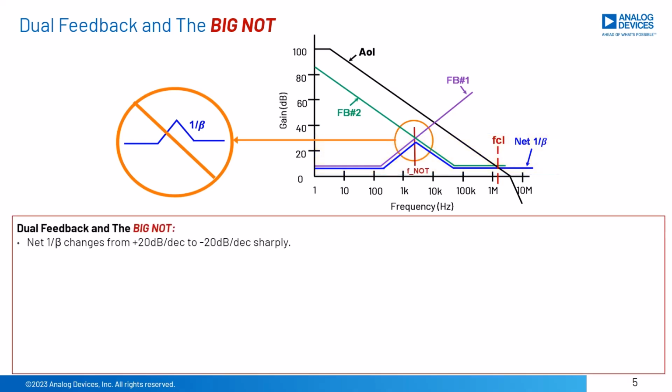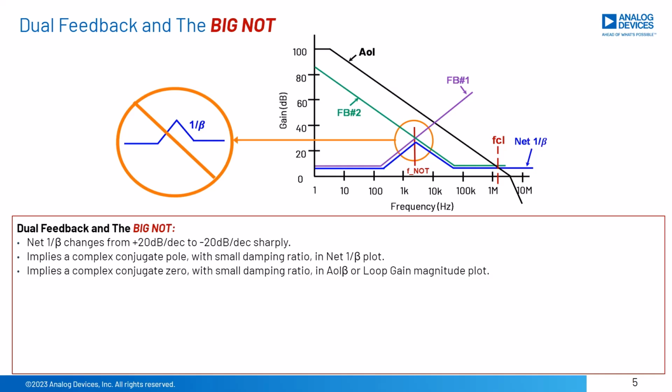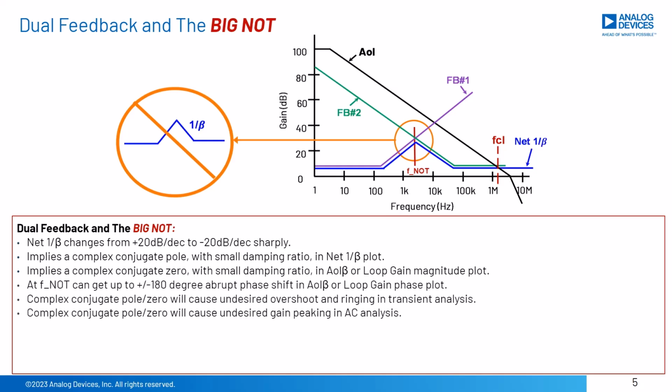At F_knot, 1/beta goes from plus 20 dB per decade to minus 20 dB per decade instantly. Real poles and zeros cannot accomplish this abrupt change in net 1/beta. It takes a complex conjugate pole in the net 1/beta plot, which results in a complex conjugate zero in the AOL beta plot to accomplish this change. Complex conjugate poles and zeros result in abrupt phase changes of up to plus or minus 180 degrees at the